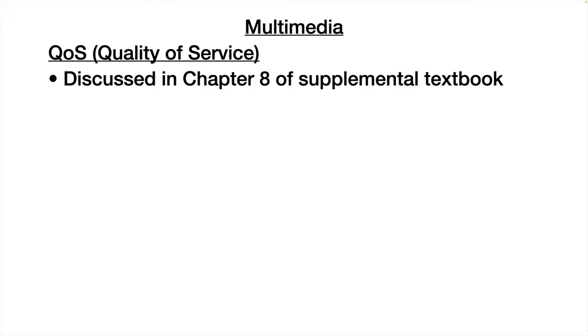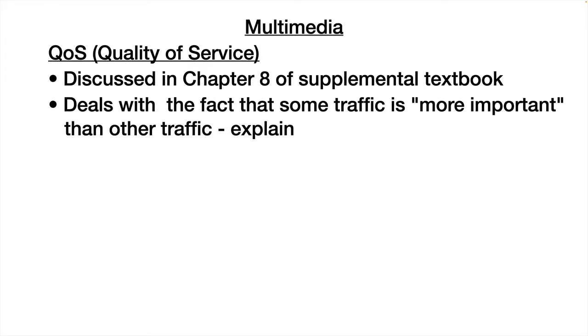So the first thing is quality of service. This is discussed in Chapter 8 of your supplemental textbook. And like I said before, it deals with the fact that some traffic is more important than other traffic. So as far as explanation, if you view a web page and you type in the URL and hit return, and maybe one time you get the web page in a second, maybe the next time it takes 2.5 seconds. Most people are probably not going to notice that, and that's not going to impact the viewing of that web page. But if you're talking on a phone call with somebody using voice over IP, and the conversation goes like this: